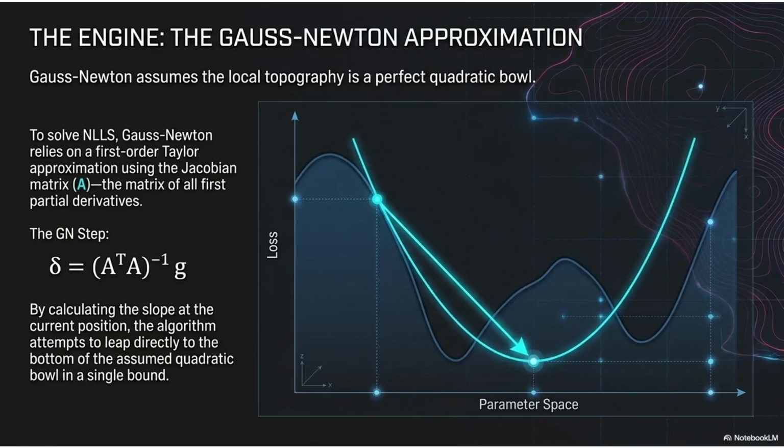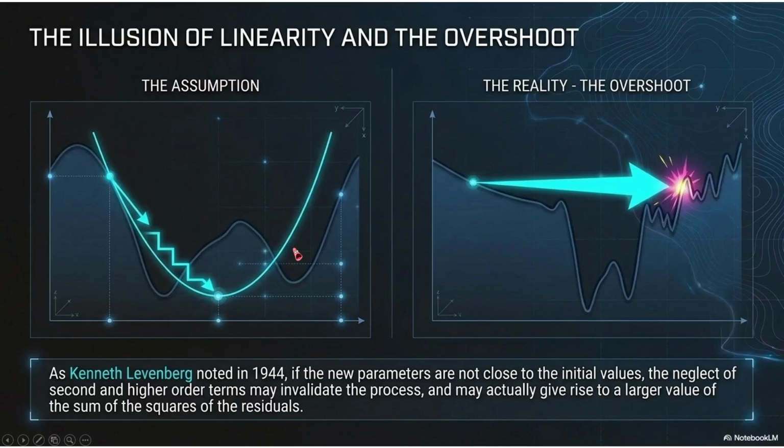By using a first-order Taylor approximation and calculating the slope with the Jacobian matrix, the algorithm attempts to leap directly to the bottom in a single jump. However, this creates an illusion of linearity, as Kenneth Levenberg noted in 1944. If our new parameters are not close to the initial values, ignoring second and higher order terms can invalidate the